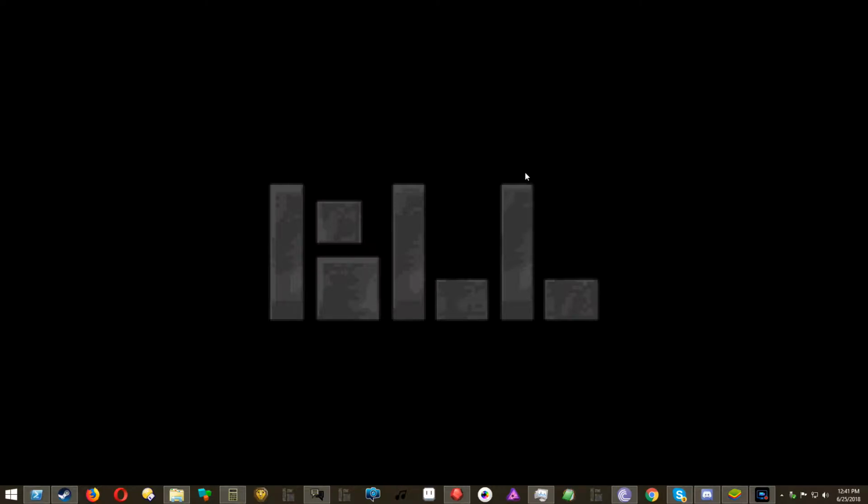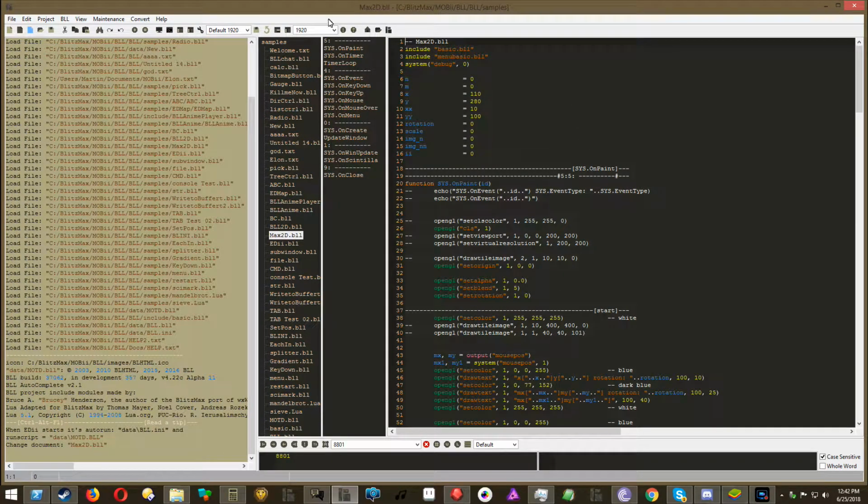Hello, I'm going to show you how to set your own icon on your BLL editor. In my case, this is my original. If we start this application, we see this is the original BLL project that I have. You can see that this is the application icon, and then we have this SYStray